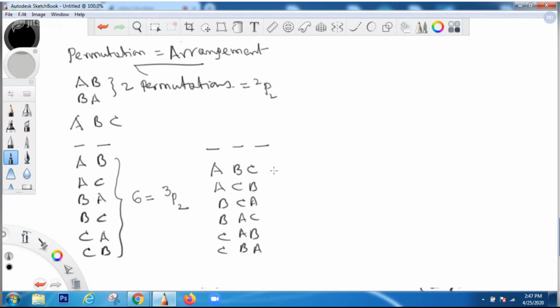Once again, the number of permutations is 6, and that is being represented as 3P3. So in general, number of